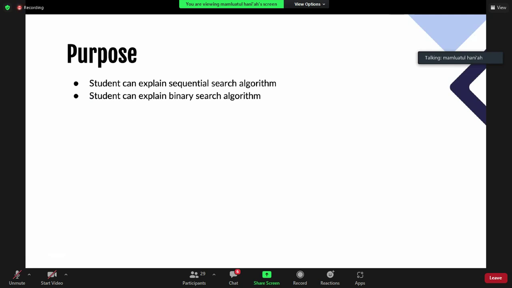So you must understand the concept, so you can explain it. If you don't understand the concept of sequential search or binary search, I think you cannot explain it. Okay.